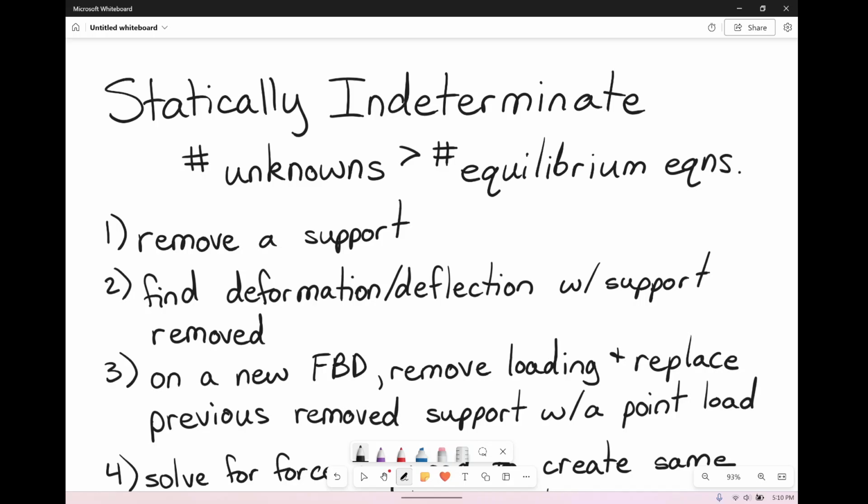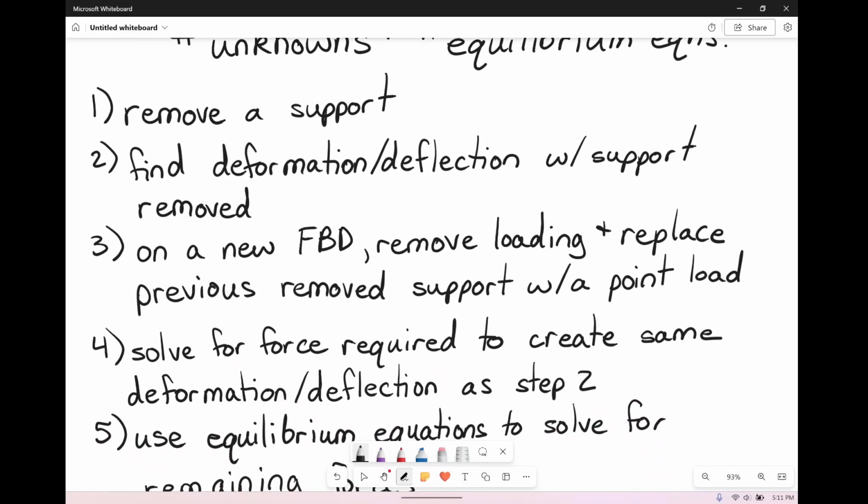We're going to find the deformation with that support removed. So pretend that just that extra, probably a roller that was thrown on, remove it. And now, what's your deflection or your deformation? Then we're going to create a new free body diagram. And this time we're going to remove the loading. So unload the whole member. And instead of that support that you had before, replace that support that you removed, the extra one, and put it as a point load instead. Then you just need to solve for the force that's going to create the same deformation or deflection that you